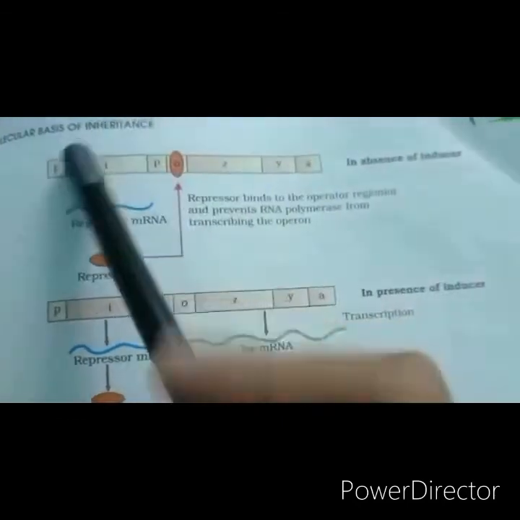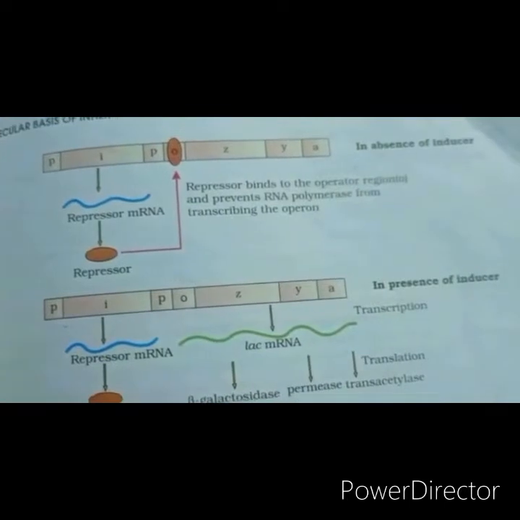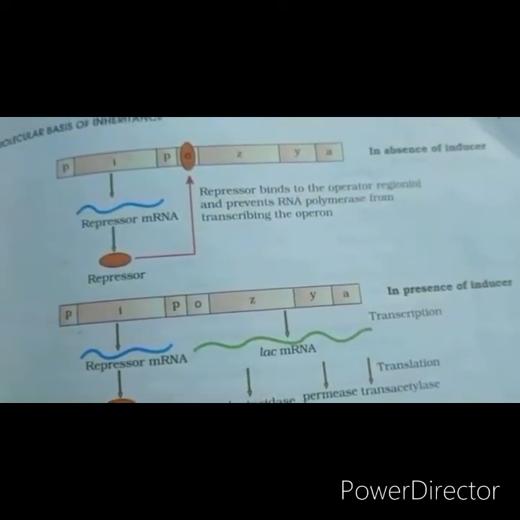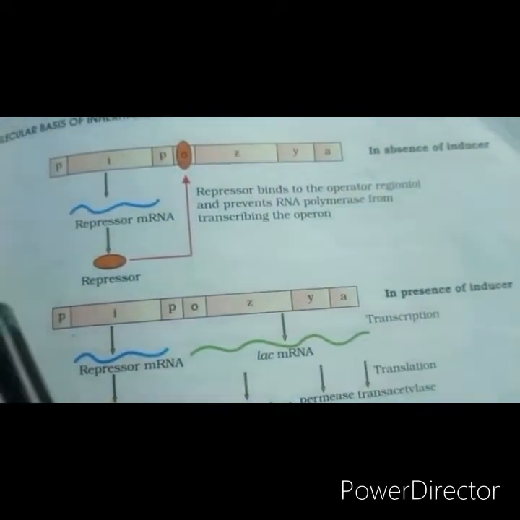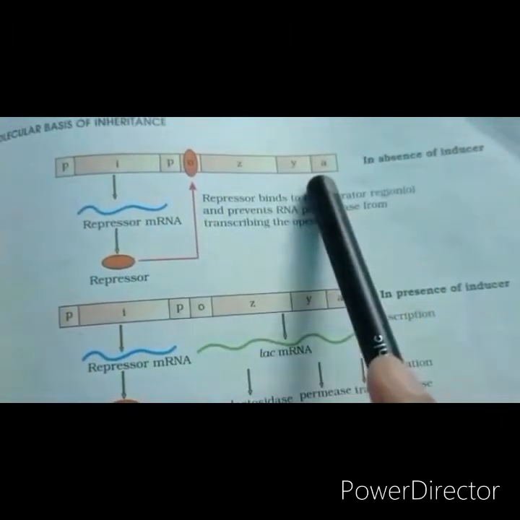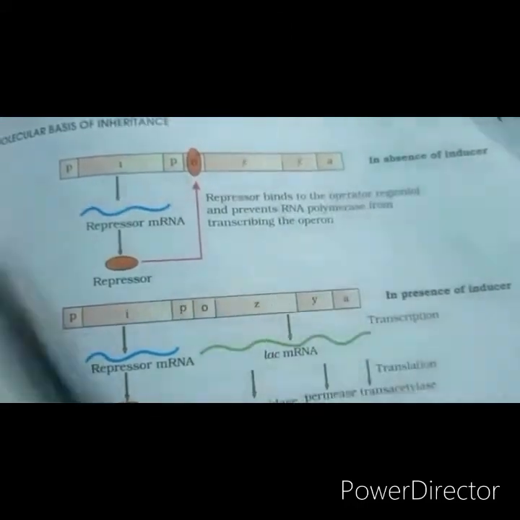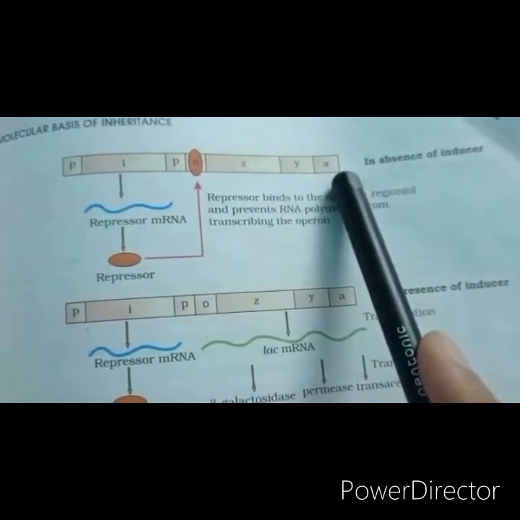If the lactose is not present outside the membrane of the bacteria, then we don't need the structural genes, because they are going to help in the breakdown of the lactose. If lactose is not present, then we don't need these because